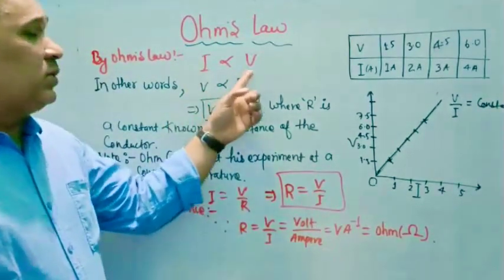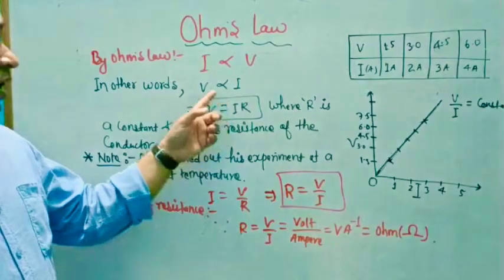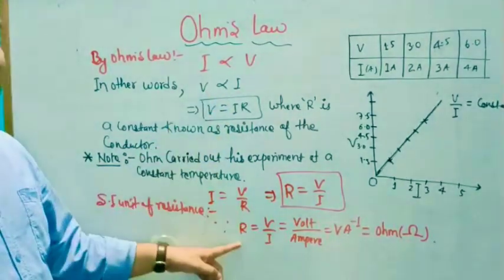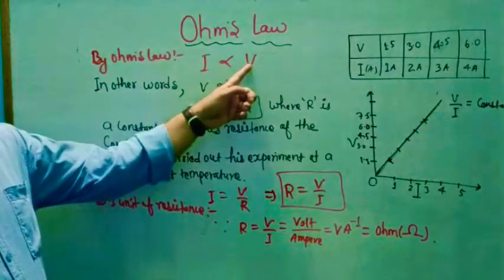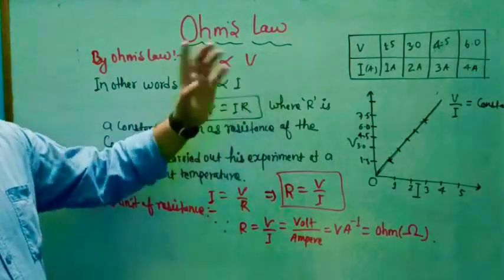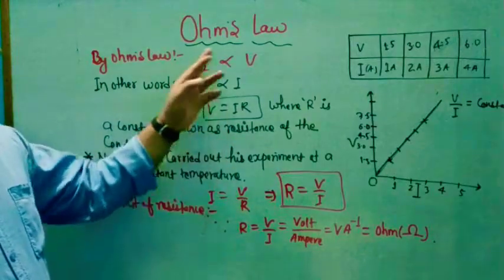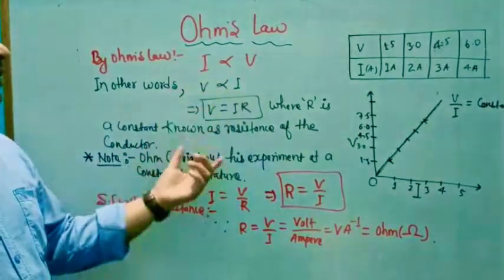So I is proportional to V. In other words, V is proportional to I. और ऐसा क्यों लिख रहे हैं वो नीचे एक्सप्लेन किया मैंने। क्यों लिख रहे हैं ऐसा, क्योंकि यदि हम I is equal to V लेते हैं और I is equal to VR लिखते हैं तो ये रिलेशन गलत होगा। क्यों? क्योंकि I जो है R के इनवर्सली प्रोपोर्शनल है, ठीक है।